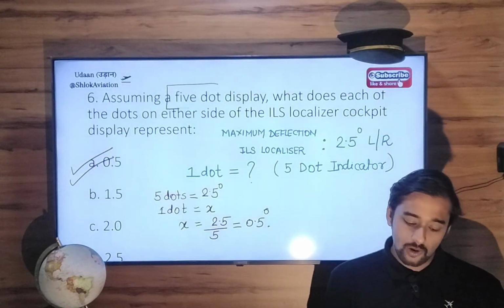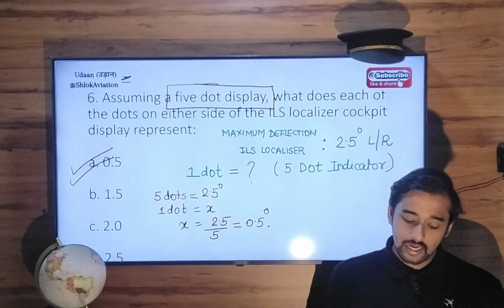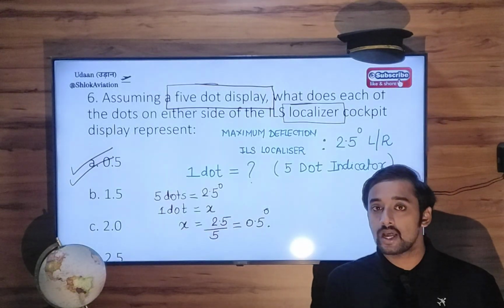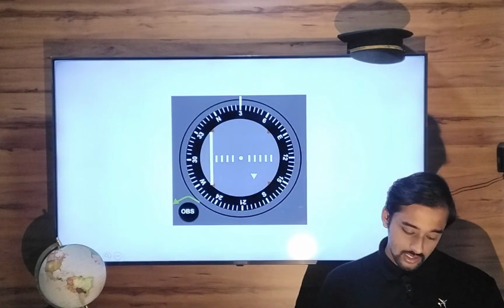Read the question carefully, whether it speaks of 5 dot display or 4 dot display, and then pay attention to the instrument, whether it's localizer they are talking about or glide slope. Okay. Next,